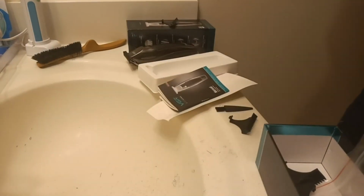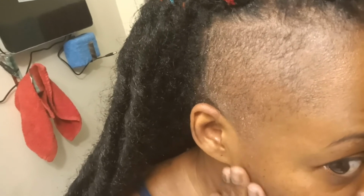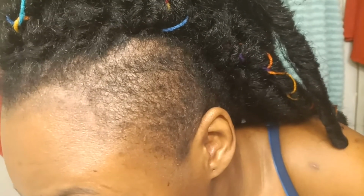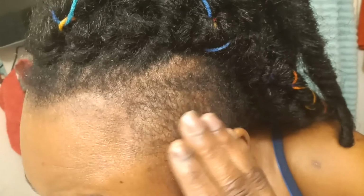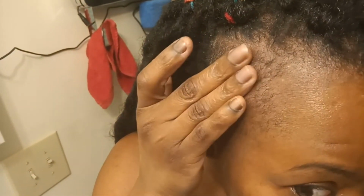So I'll show you guys one side. Hope I can do this without the camera making a fuss, so you guys can see. This is the right side of my head, left side. This is a little longer, not much that I like. Usually I put the scissors to this side and cut it down. But with a 1mm, I was able to get it to not too bald, but spotty, which is good. This is what I wanted. So I'm not upset for $8.99